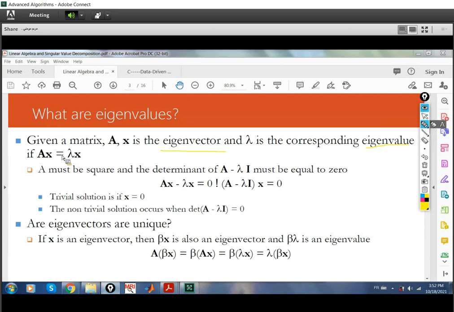In SVD, we want to say that if we have an M by N matrix, we can decompose this matrix to eigenvectors and eigenvalues. And what is an eigenvector? Eigenvectors